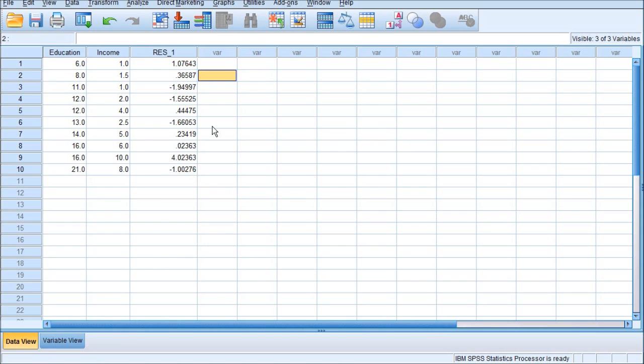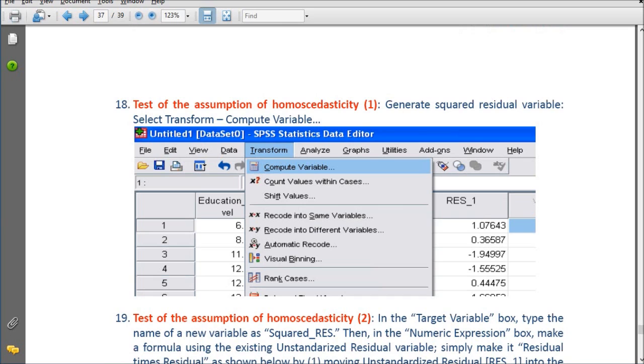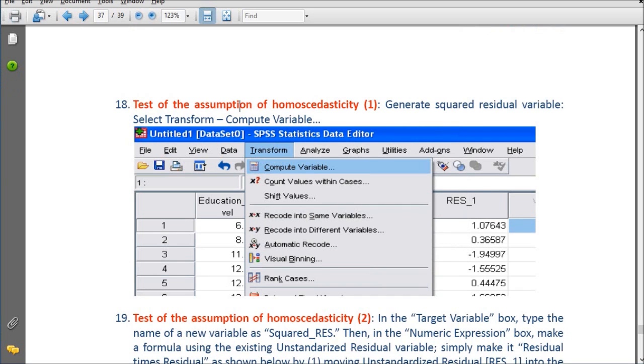The steps for homoscedasticity assumption testing are from step 18 to step 22. We are going to work on step 18, test of the assumption of homoscedasticity.